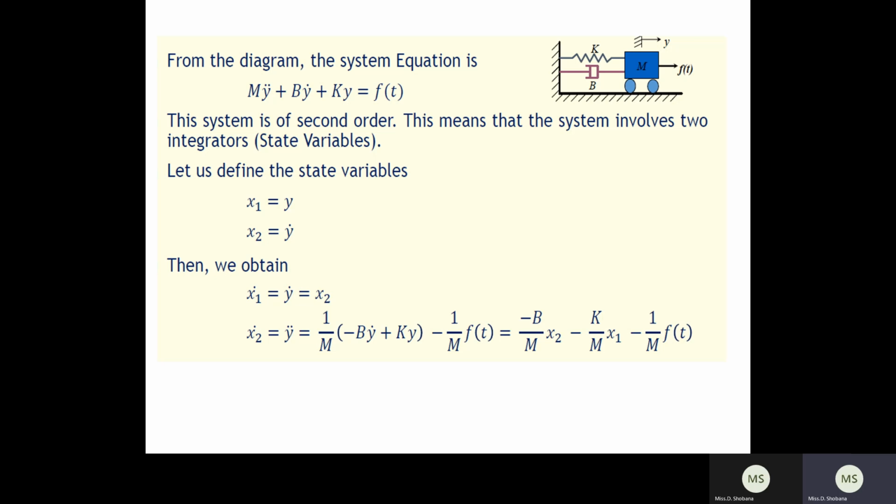Once you determine the differential equation, you can write the state model. It's very simple. In order to write the state model, you have to take all the state equations. In the state equation you have x1 dot and x2 dot, and that will be equivalent to A into x of t. Here you will get only the two state variables, x1 and x2, and the other coefficients will be A. So now we are going to write the state model.